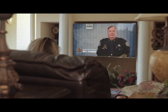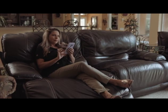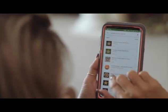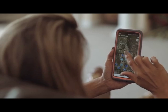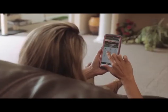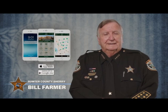The Sumter County Sheriff's Office has created a free mobile app to give our citizens quick and easy access to all critical information needed to help keep the community safe. To download the app for free, search Sumter County Sheriff's Office on Google Play or the App Store. With our app, you can submit a tip, receive alerts on criminal activity in your area, search for sex offenders, inmates, the most wanted list, and much more. Together, we can keep Sumter County a great place to live, work,